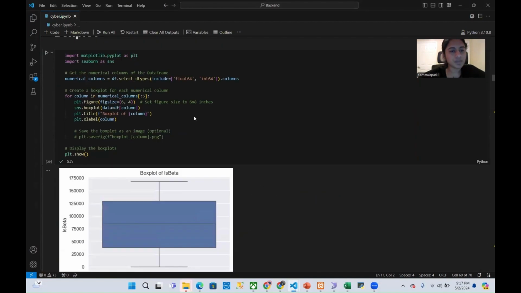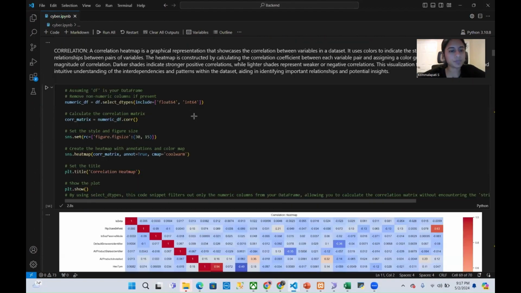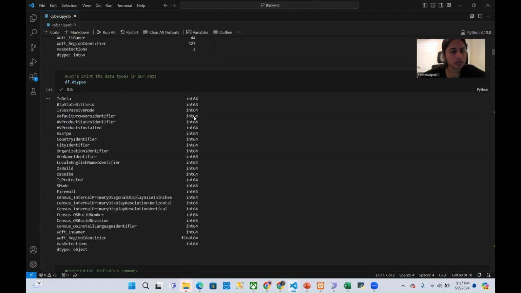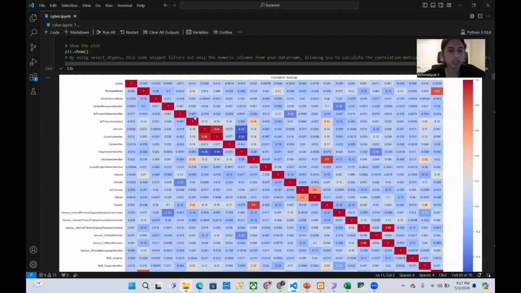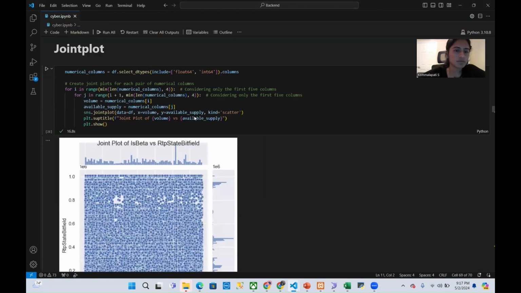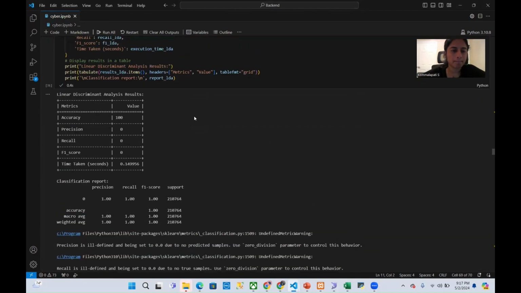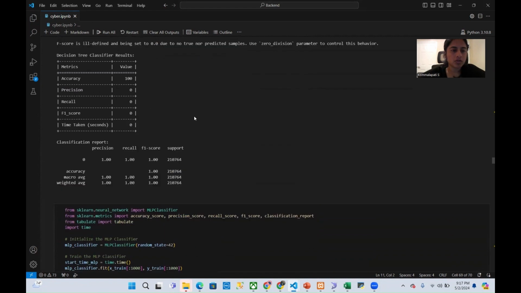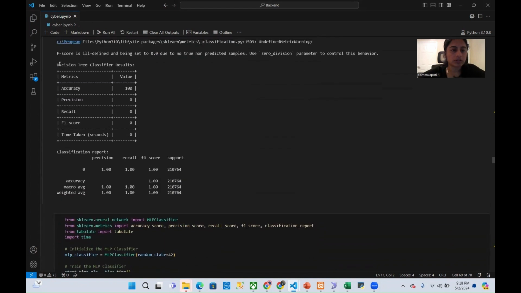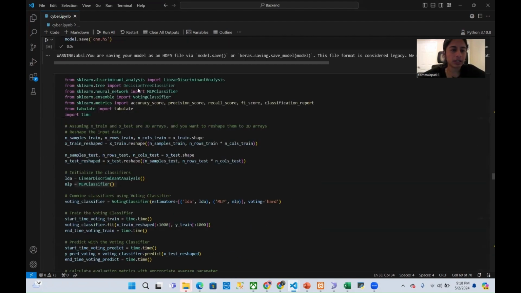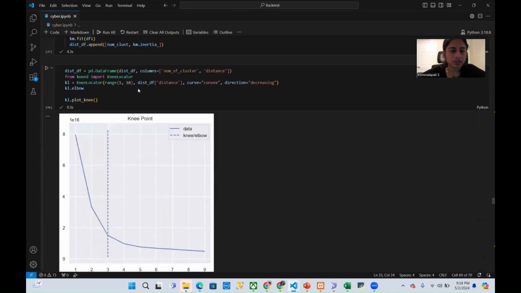First, let's view the results of the decision tree classifier before implementing the K-based feature selection. Here are the results for the decision tree classifier. We can see accuracy is 100, but precision, recall, and F1 score values are 0. So let's view the results after applying K-based feature selection.